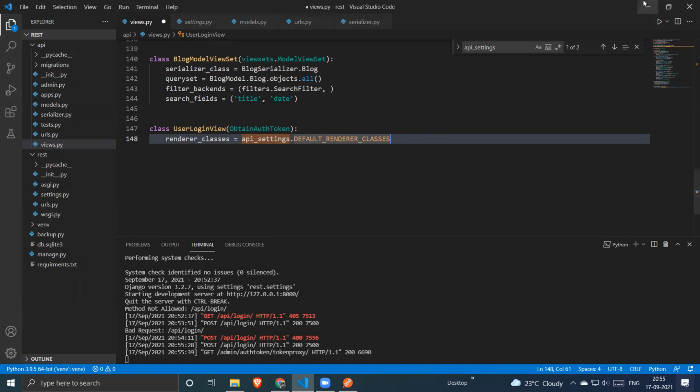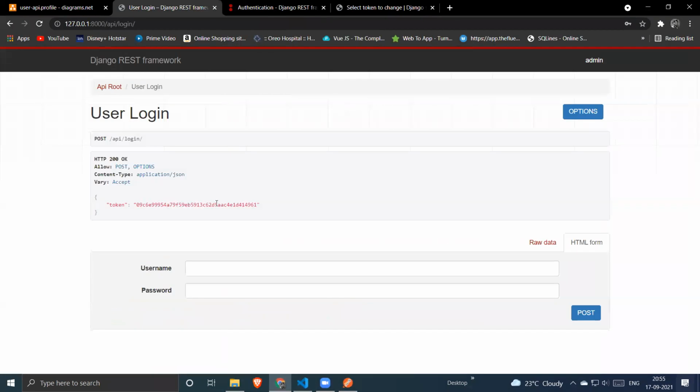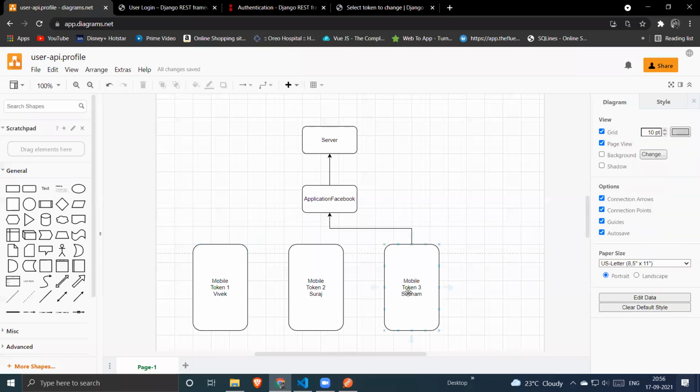But how can we use this auth token? Can we provide it just in the form data? If I want to perform a request, like we did, it will send the token to the server. So how can it send this token to the server? Will it be in the form data, or where can it be sent from, so the server can identify which user is requesting a file or whatever data.